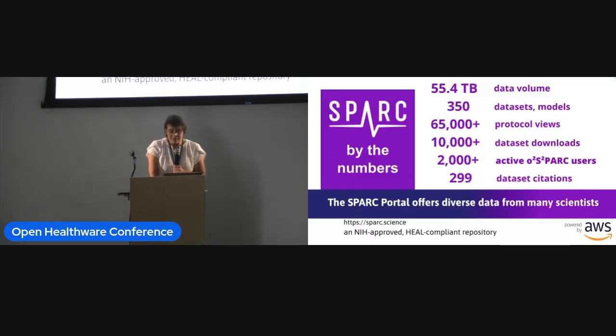In terms of access and making this data more equitable, we've become partnered with the AWS Open Data Partnership. What that means is that all of this 55 terabytes and counting is available to everyone for storage and egress free of charge.